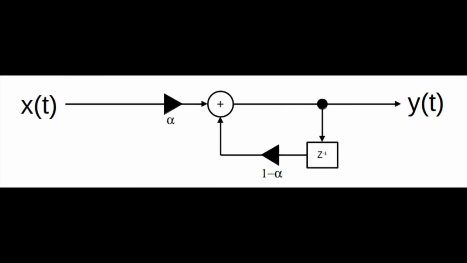In case you're curious, this is what a block diagram of that single-pole IIR filter would look like. The alpha value affects 2 taps. One is the feed-forward tap here, and then 1 feedback tap here. And as the alpha value goes from 0 to 1, 1 being the top value, if it was 1, then you would basically have no effect at all. Whereas if it was 0, then effectively nothing would get through. Hence the reason that you need to have something greater than 0 but less than 1 in order for this to have any effect whatsoever.